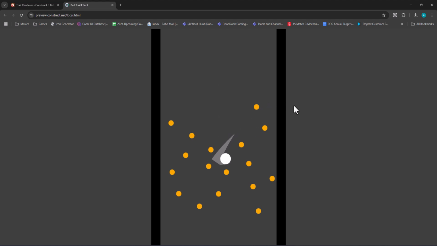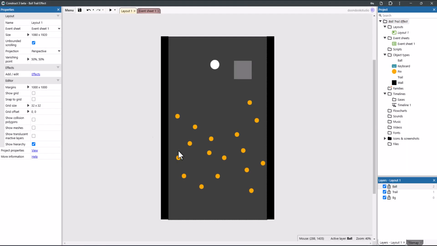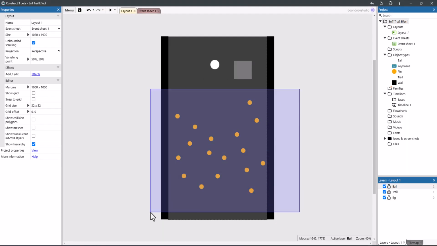Cool trail effect for the ball, as you can see. Let's see how it works. Okay, so in Construct, as you can see, I have some pin objects